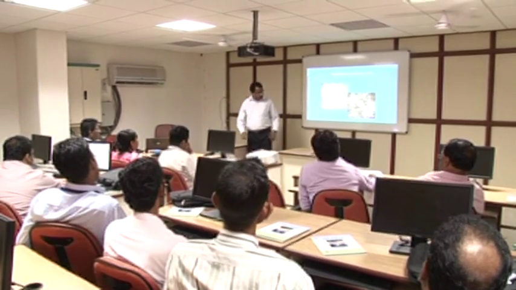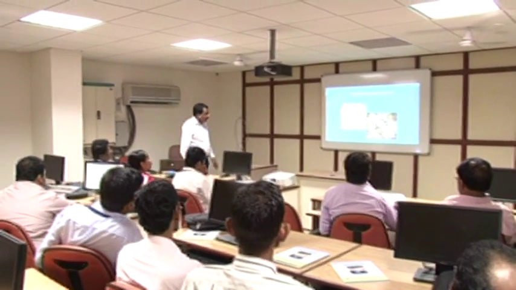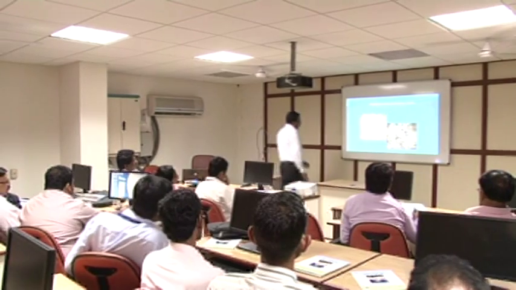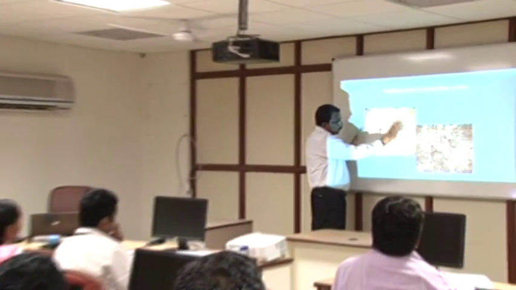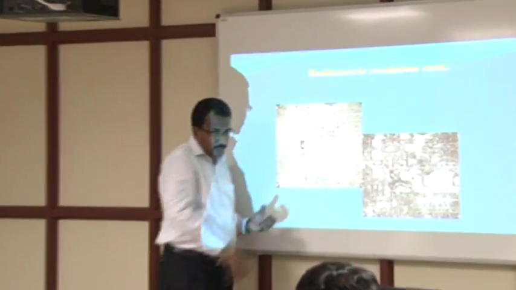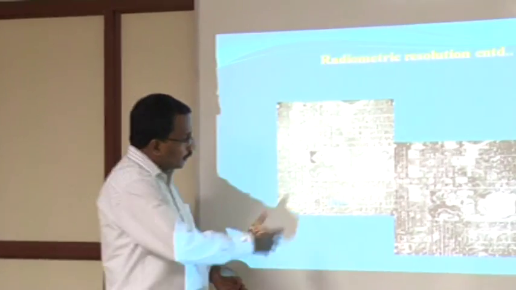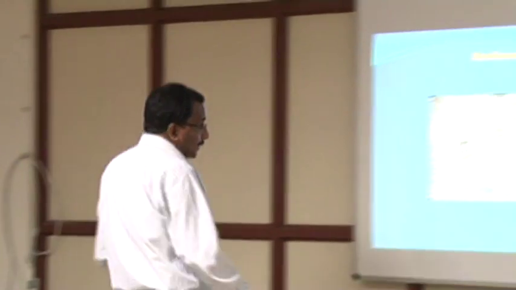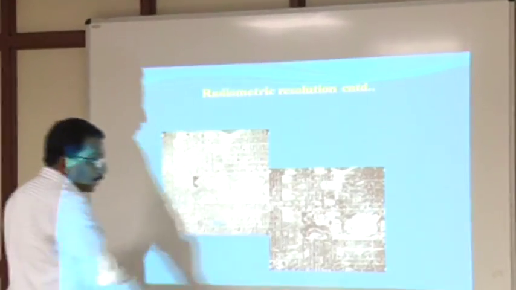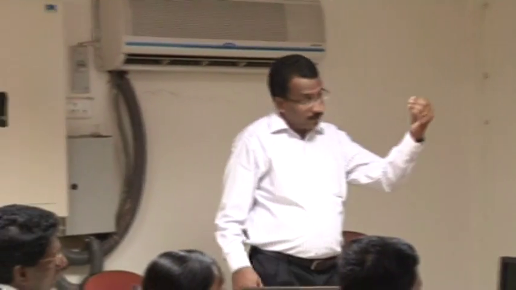So you can clearly discriminate. Here you can say that the objects are very clear. It can demarcate the different gray levels. The information can be seen here, whereas here everything is blended. We may not be able to differentiate the different pixels. What does it contain? So that is the meaning of radiometric resolution.